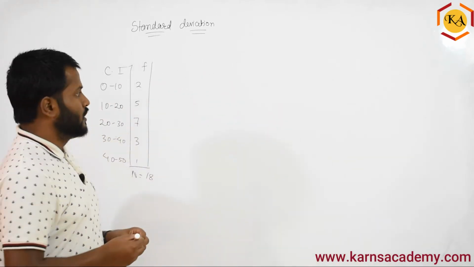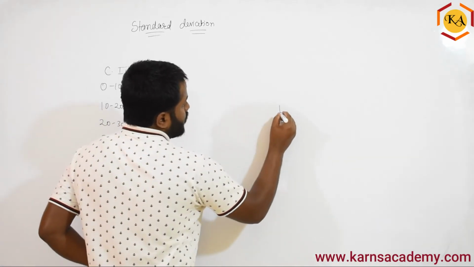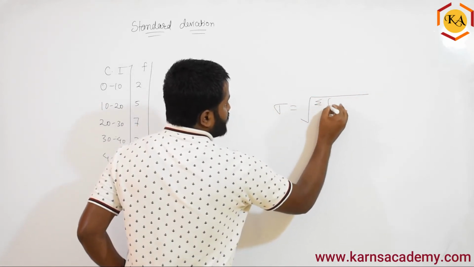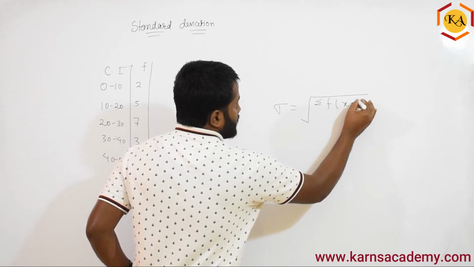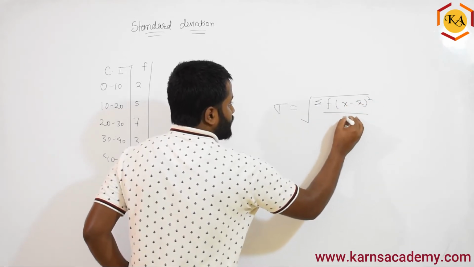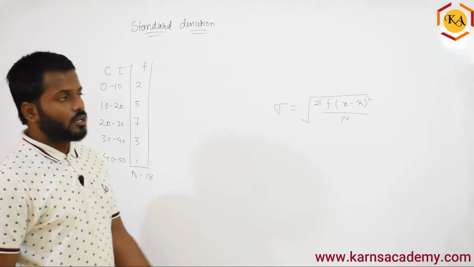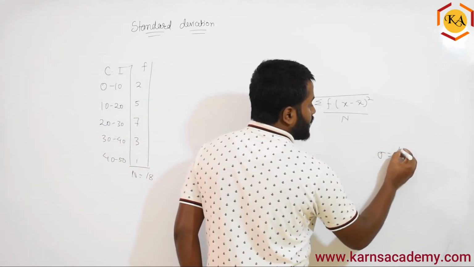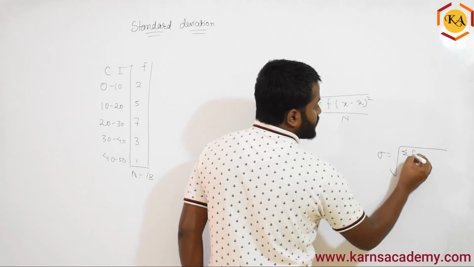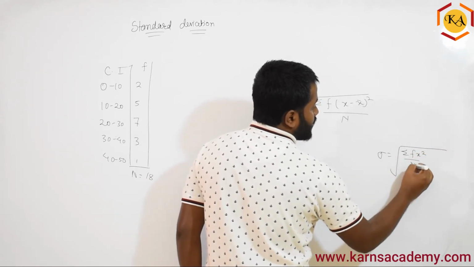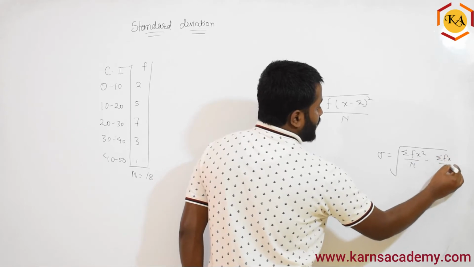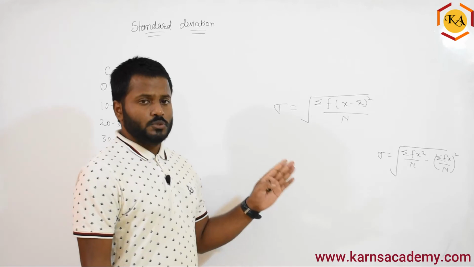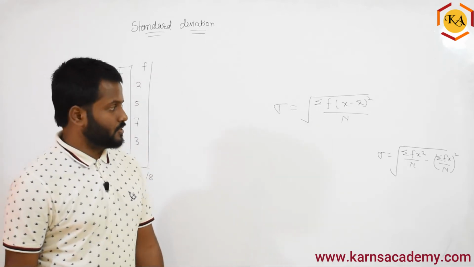Now, how do we find this? First, let's write the formula. Whenever you do, I suggest that you write down the formula. So I'm going to use this: summation of x minus x bar the whole square divided by n. Right? If you're comfortable enough to use this, you can use it. Otherwise, you can also use this particular formula, which is very simple: summation fx square by n minus summation fx by n the whole square. No matter what formula you use, you're going to find approximately the same tables.